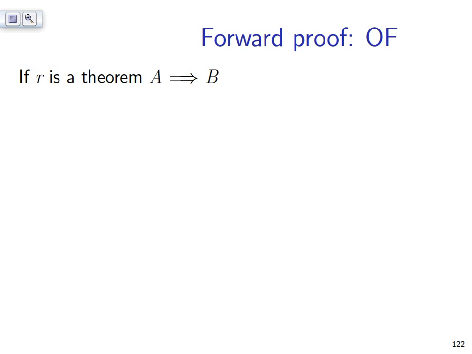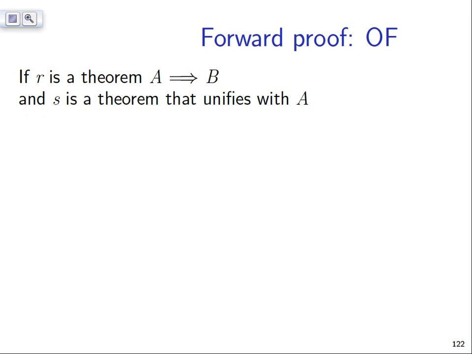So assume you have a theorem of the form A implies B, where A and B may be bigger formulas, and assume S, so R is this theorem here, this implication, and S is another theorem that unifies with A, with the premise of the rule. Then you can make the step where here,